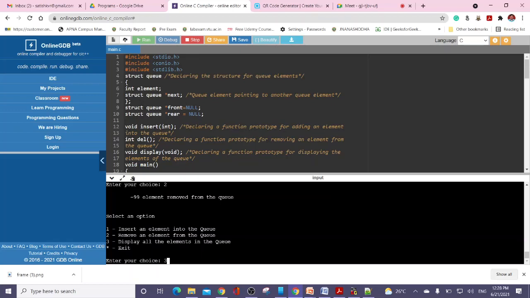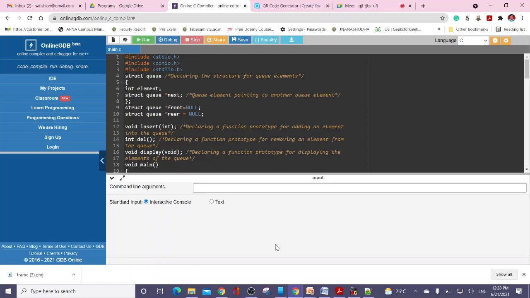Now if you see the display, Q is empty. Of course, if you try to remove an element, again Q is empty. Anything other than 1, 2, 3 is exit. This is how you can run the program online.